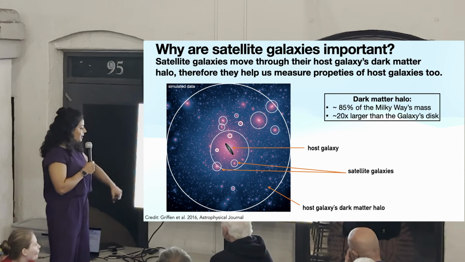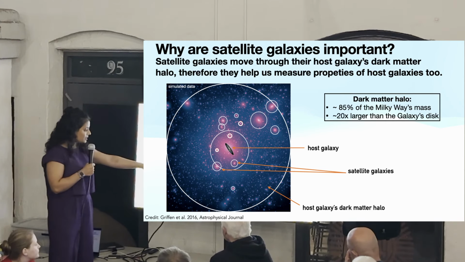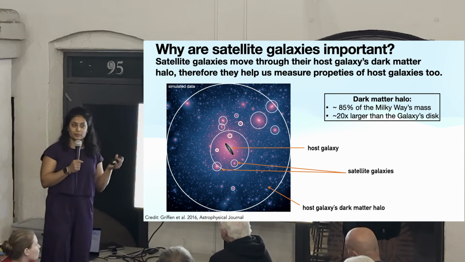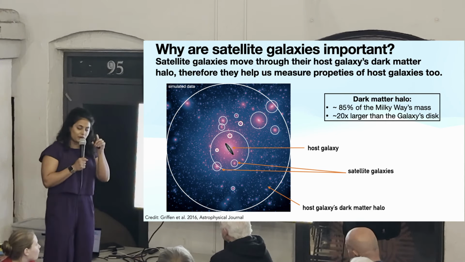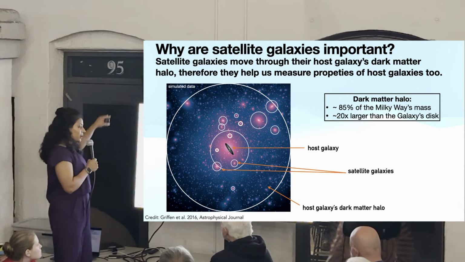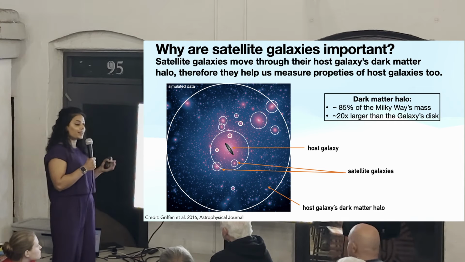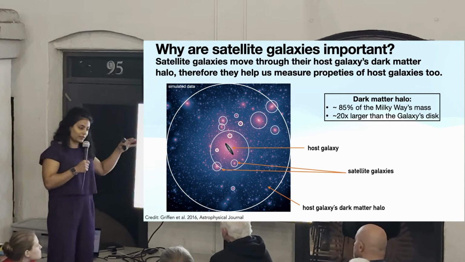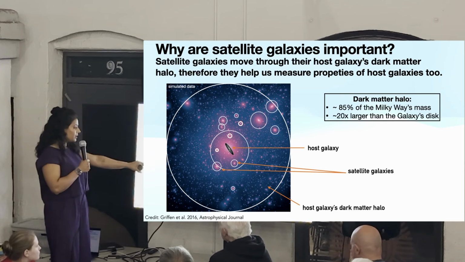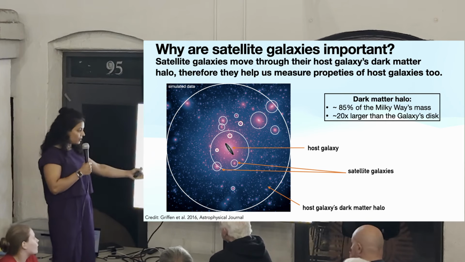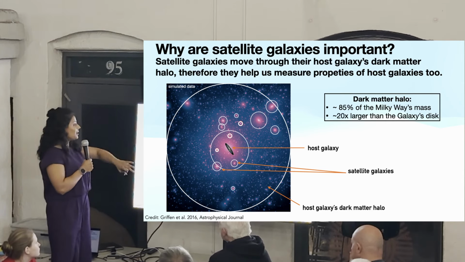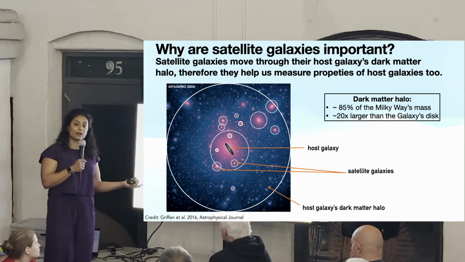On the left, I'm showing an image where at the very center, the very small ellipse is representing the disk of a galaxy like the Milky Way. So it's just the spiral part of the disk, it's where all the stars live. What I'm showing in the outermost circle is where we think the extent of the dark matter of a galaxy like the Milky Way, how far that goes. So this is already giving you a sense of scale. So in comparison to the galaxy's disk, the extent of the dark matter halo is about a factor of 20